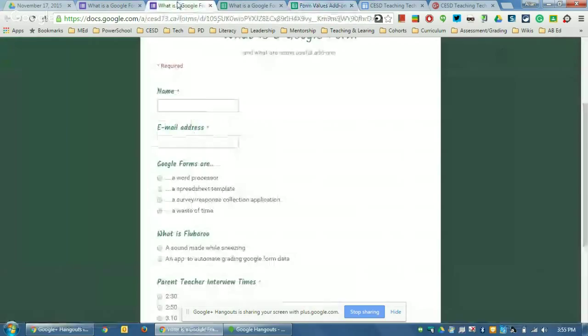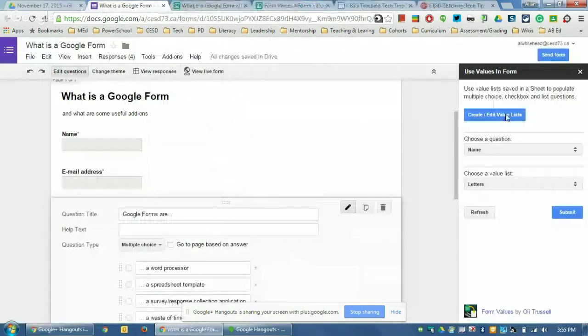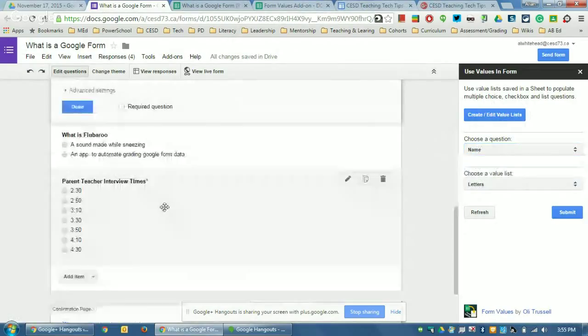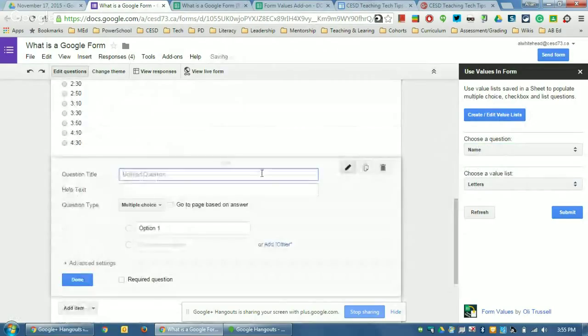But when we're in a form, what that looks like, you can change your value list or get to that list we were just looking at through this link, you can choose one of your questions that you've created. So I'm just going to create a new one actually quickly to show you how this would be handy. So create a question. What is your favorite tree? Refresh